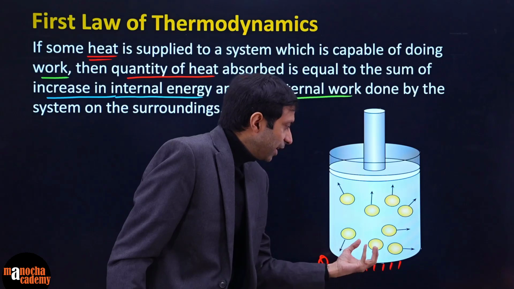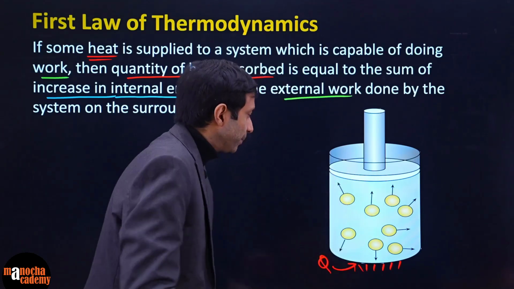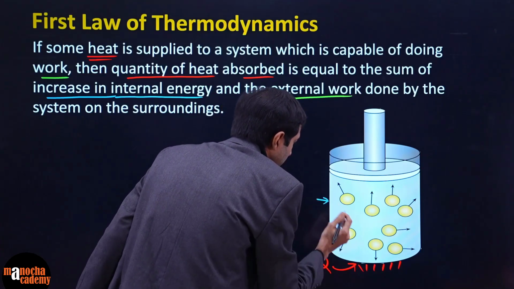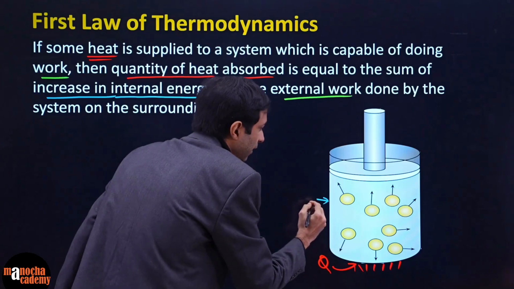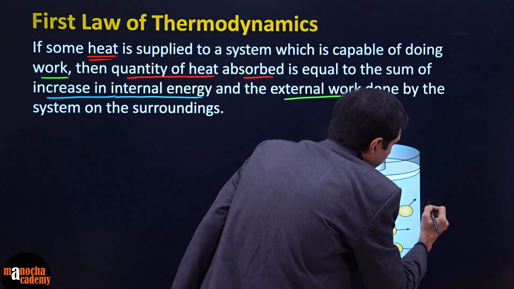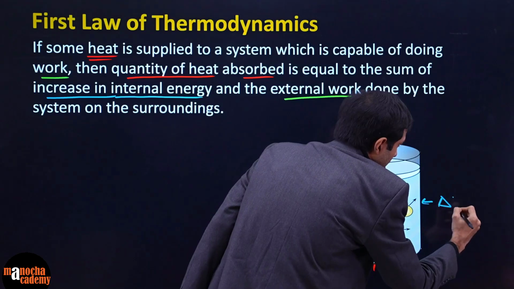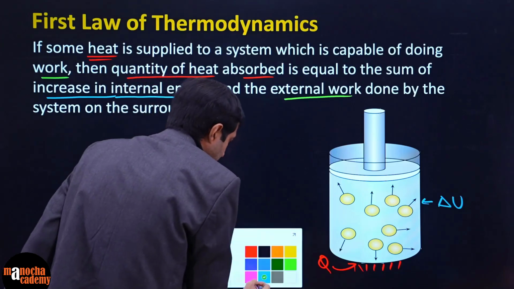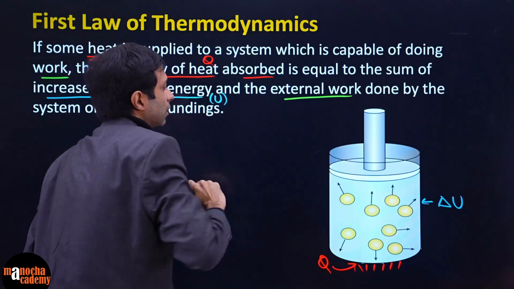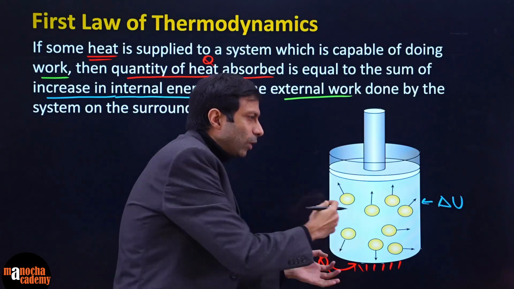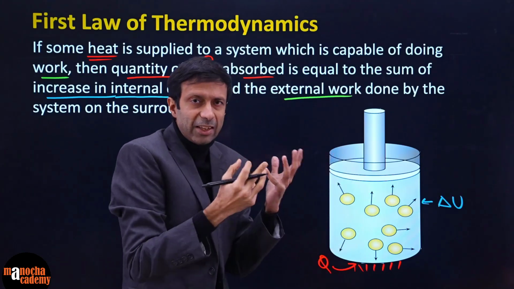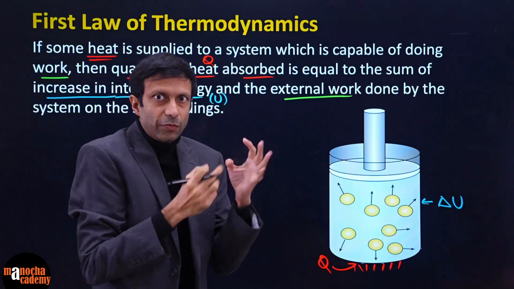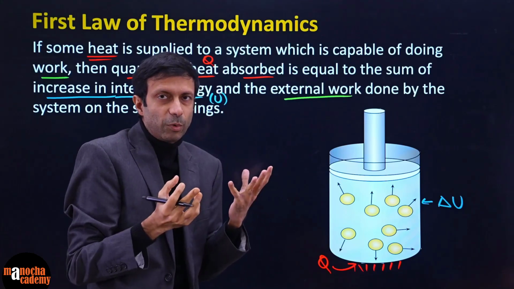So when you supply some heat, the internal energy can increase. The gas contains some internal energy, and if you supply some heat, that could increase. So there will be some change in internal energy. I can write over here delta U. Remember, internal energy we symbolize as capital U, and heat we symbolize as capital Q. When you supply this heat, do you agree that there could be some increase in the energy? The energy that you've supplied is being used by the gas to increase the kinetic energy of the molecules.